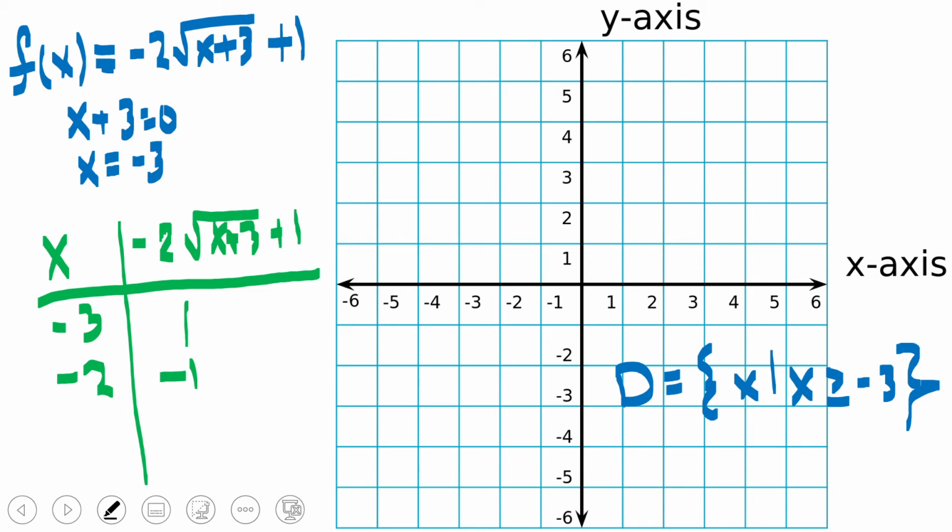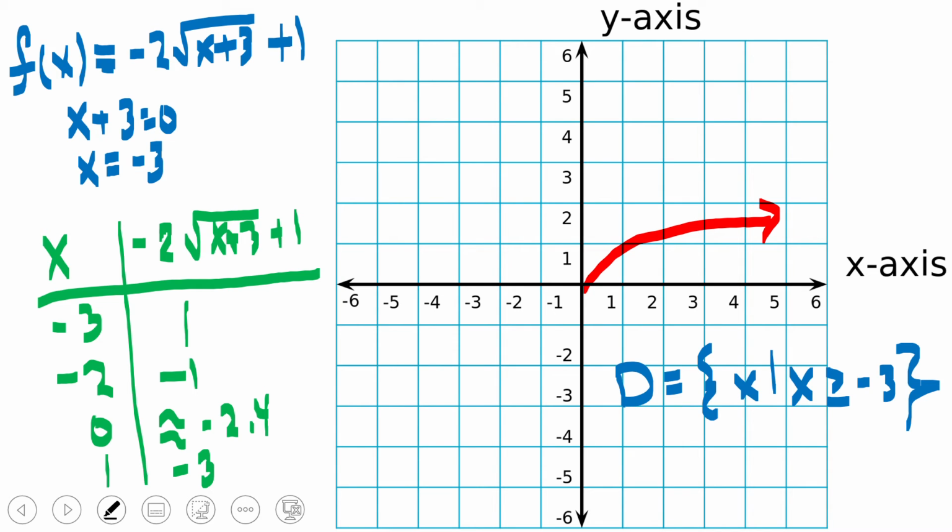A 0 would be about a -2.4. A 1 would be -3, and so on. So if we plot this from the parent graph, which looks something like this,